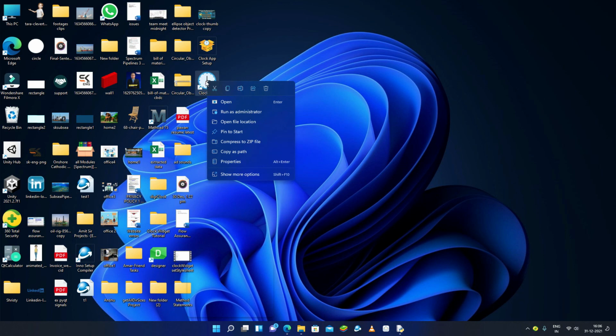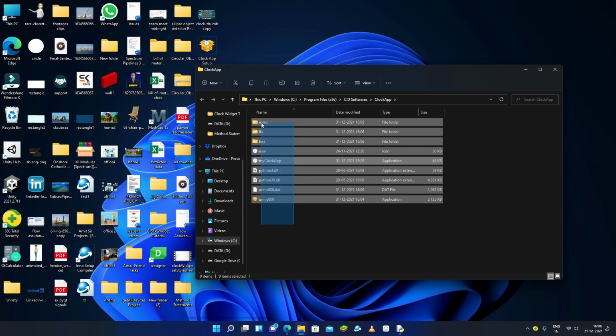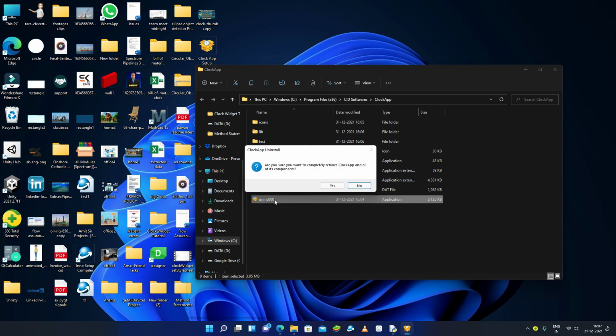I can show you where it is installed. It is installed in the Clock app folder, and these are our application files. There is an uninstall application file, and you can uninstall this setup by double clicking on it. You can also uninstall it through Program Files, but my screen recorder is not allowed to show you the sensitive things of my computer, so I will uninstall from here.